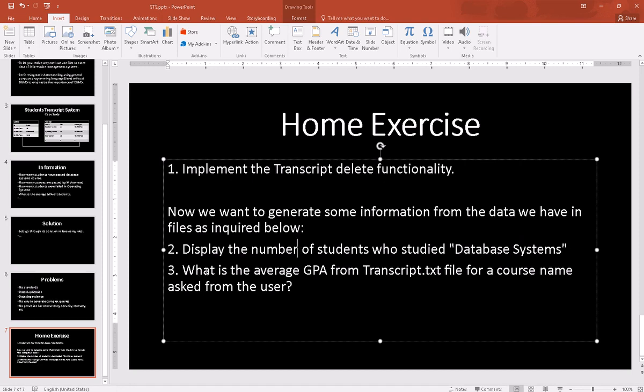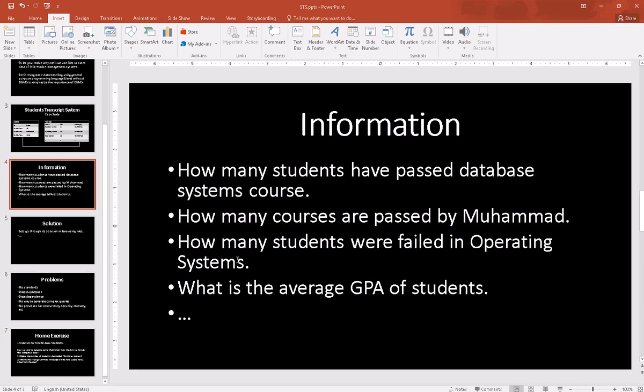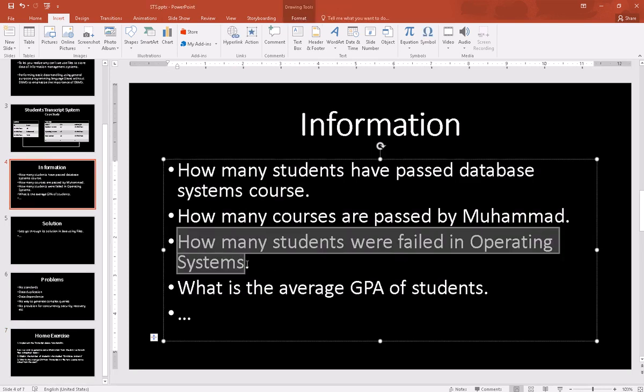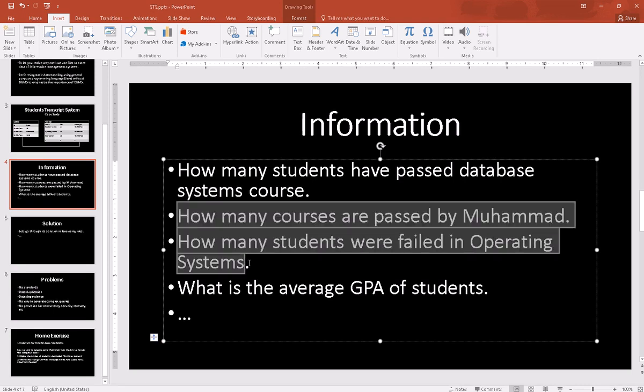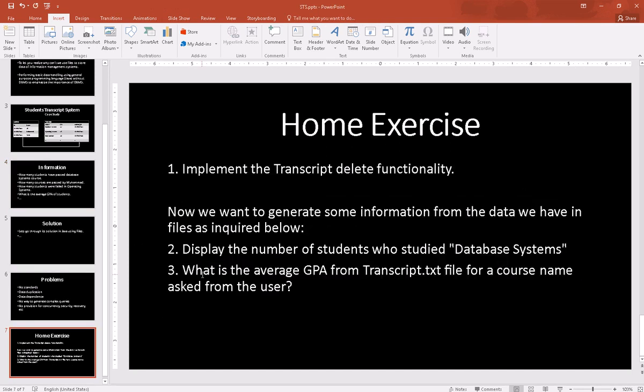And the second one is, what is the average GPA from the transcript file for a course name asked from the user. So these two can be replaced with this information: how many students failed and what is the average CGPA, and how many courses are passed by Muhammad. These two are a bit challenging tasks for you to implement.